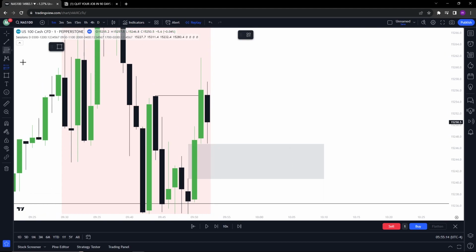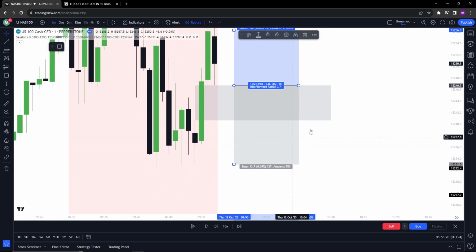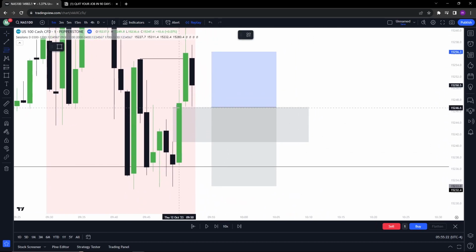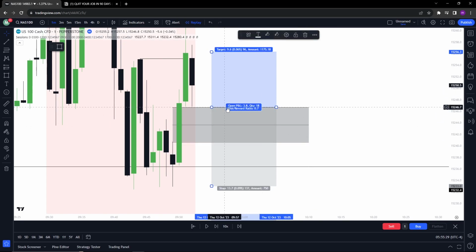Again, you can enter off of the 50%, which is entering the middle of the imbalance or the range, or you can enter right over here. Either is an okay entry. What I usually like to do is enter off the 50% with my Fibonacci tool. So I get the Fibonacci tool, I mark out like this, and I enter off of the 50%